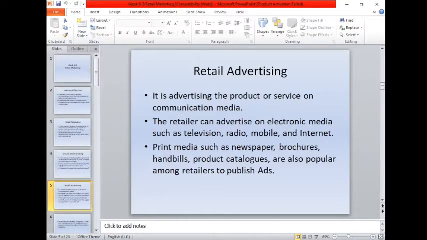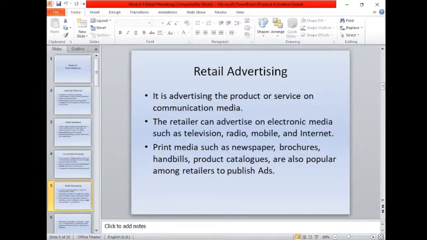So what are those electronic media that can be used to advertise the retail business? They can use television. They can use radio, because I've seen a lot of retail stores promoting not only the products but the retail store itself on television and radio. Even on mobile, by means of social media, in a digital way, and even the internet, when you browse